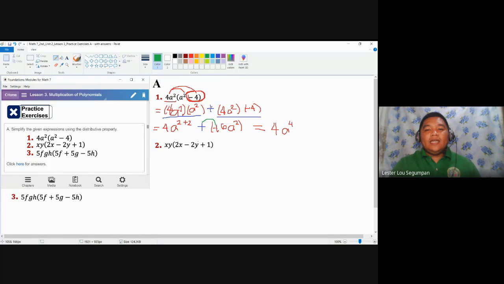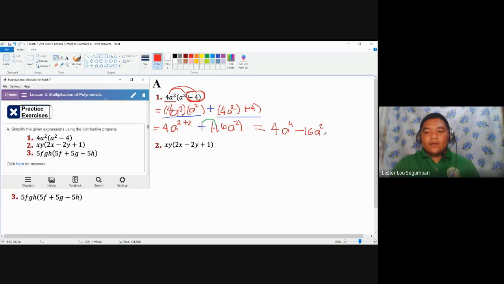As you can see, even if we used plus here, positive times negative will still return negative as the sign in the middle. So it doesn't change the whole value. But if you use minus here, it will result in a catastrophic failure later. So you have negative minus 16a